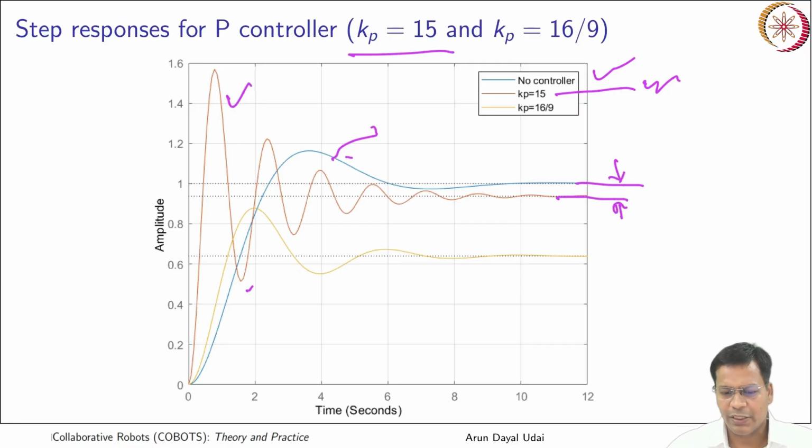The system is oscillatory, it came nearer to the actual desired signal. So this is the steady state error which is there. Now look at the 16 by 9. You have less stiffness. In this case also your system is oscillatory and it is settling at a distance which is larger than this. So you see you have more steady state error in this case. Steady state error is a little higher in this case.